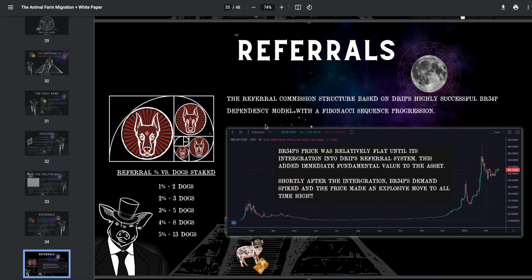But in the future, real quick, you're gonna have to have at least 13 dogs. I would suggest to get at least 13 dogs at initial launch. That I'm gonna do, because you want to be able to take advantage of the 5% bonus referral fee. Referral bonus, I should say. So you just want to make sure you go ahead and get that right off the bat, and that way you're able to,